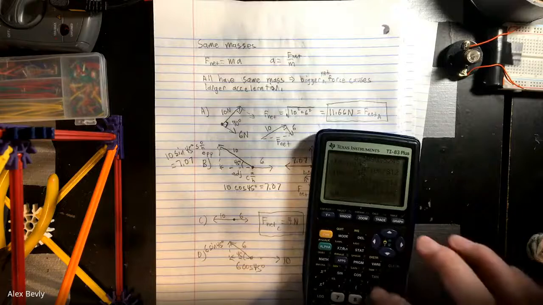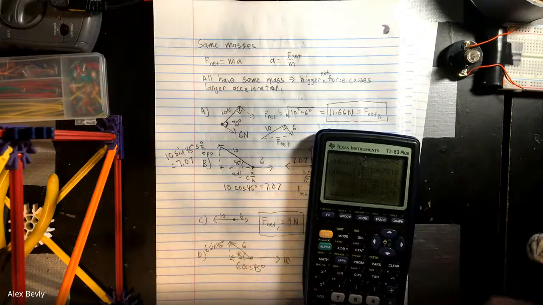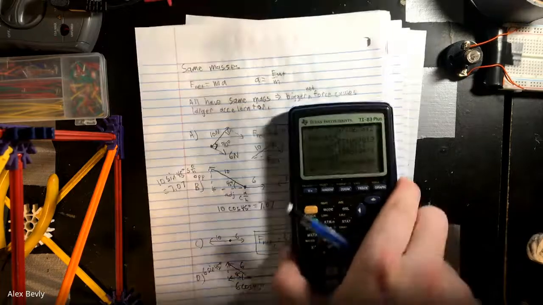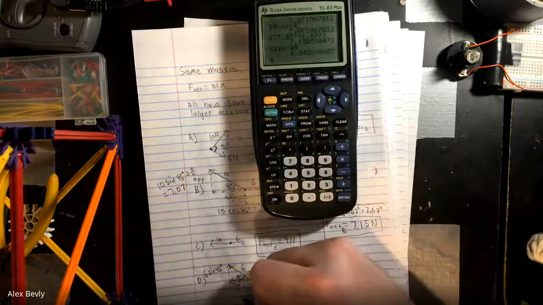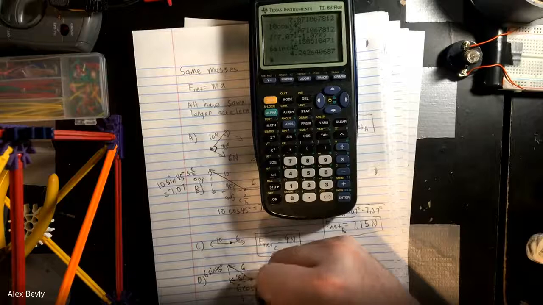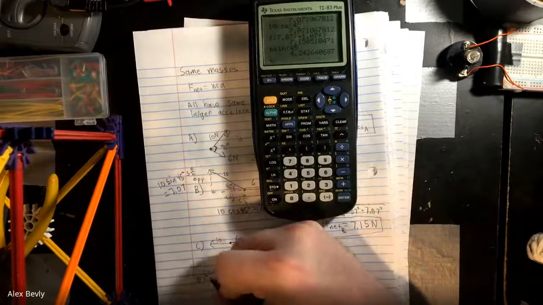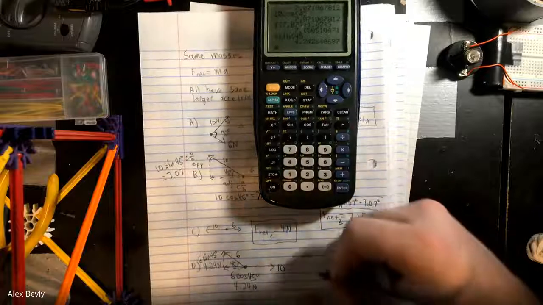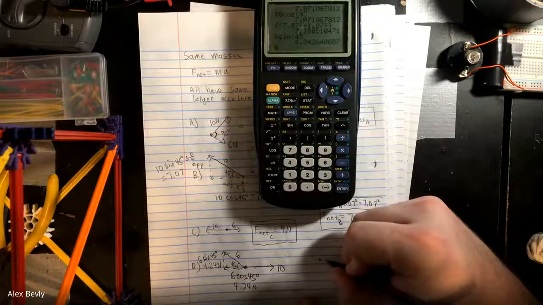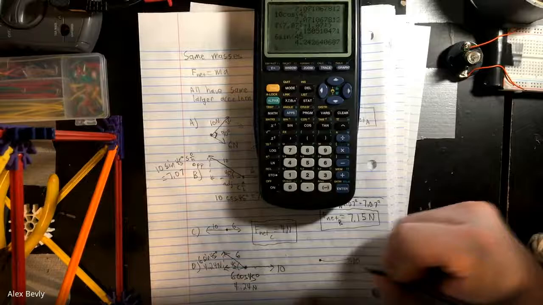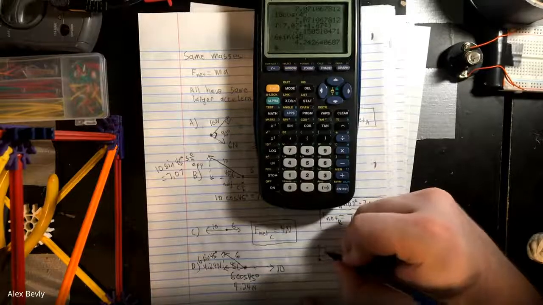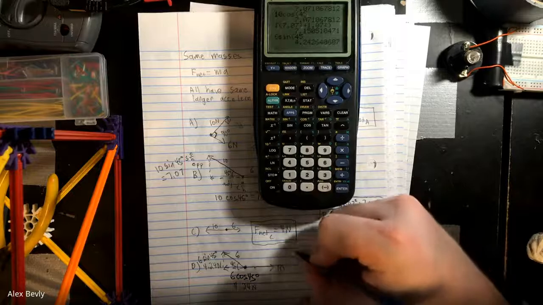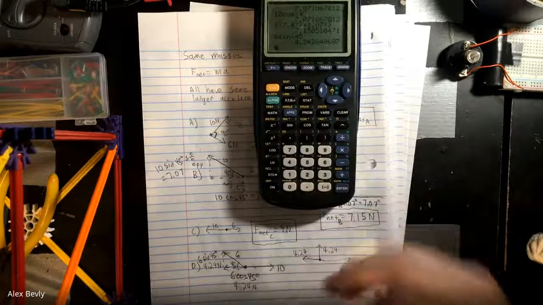So 6 sine 45 is going to be exactly the same as 6 cosine 45. 4.24 right about. 4.24 newtons. So I have 10 this way, 4.24 up, 4.24 left,